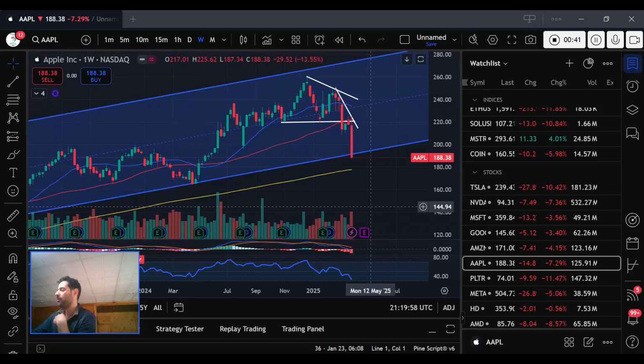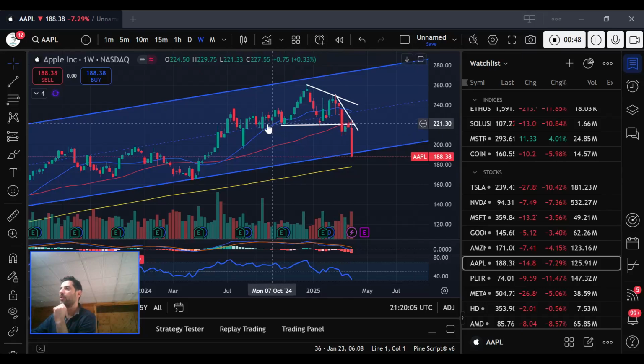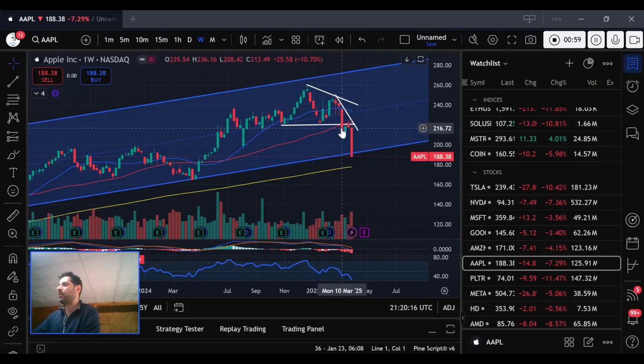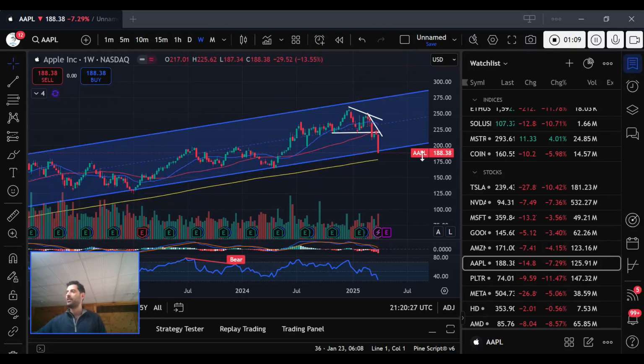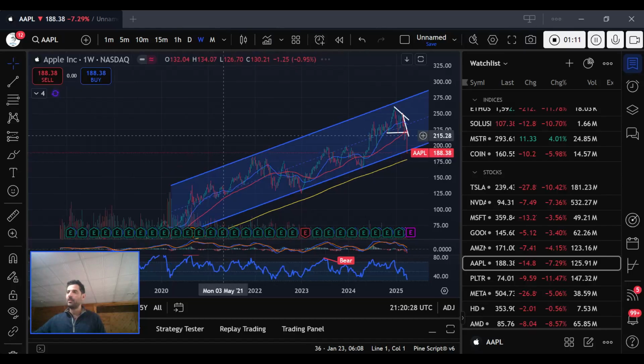So I wanted to kind of talk about this one, finish off talking about Apple here. So here is your head and shoulder pattern. So you got a head, shoulder, head, and it broke the neckline right here. That was support. It broke through there about 4 weeks ago, and it was kind of chopping sideways for the last 3.5 weeks, and then it just gave out, right? So it came to the bottom of this parallel channel that I've had since probably 2022.